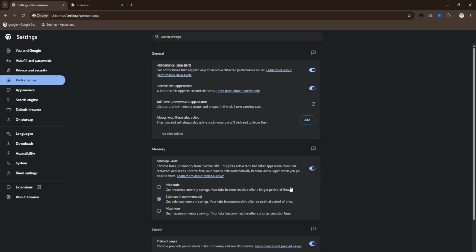That's it. You've cleared old data, disabled resource-heavy extensions, and enabled Memory Saver. Use Chrome as you normally would, and you should notice smoother performance and lower memory usage as you